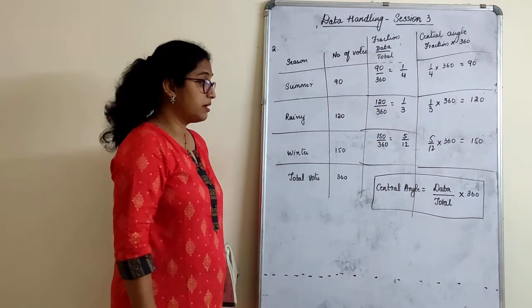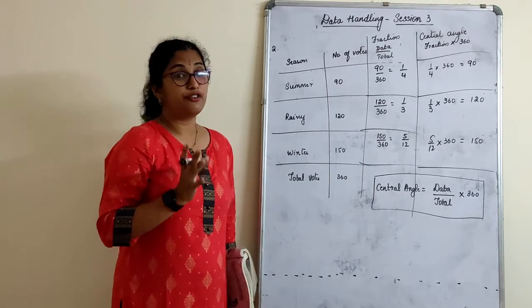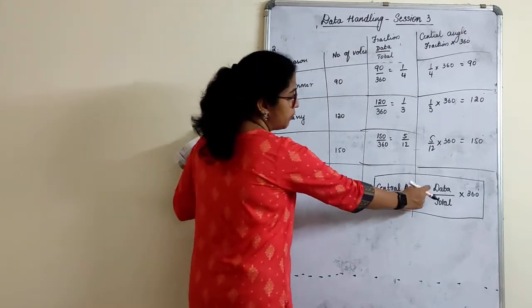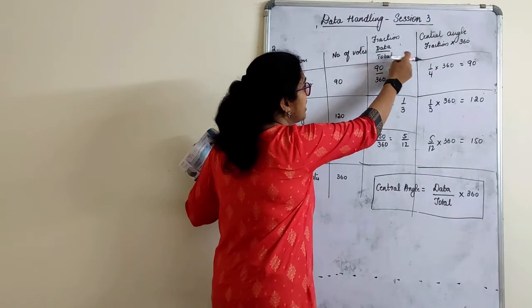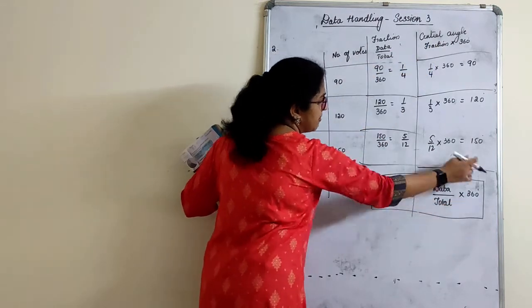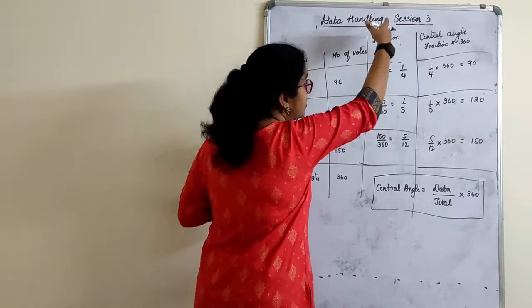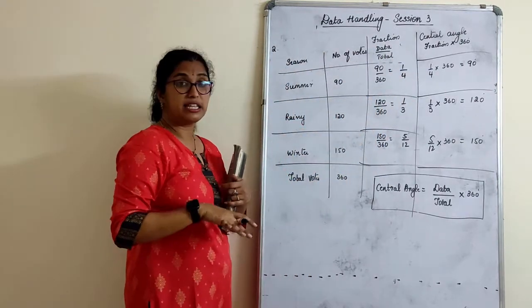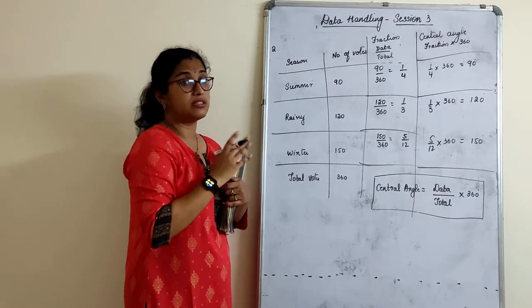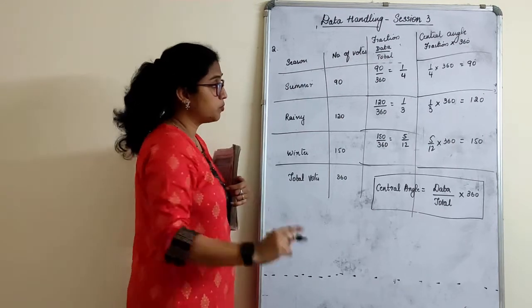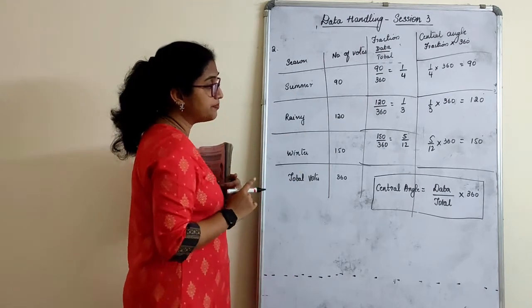That's also correct. But always learn to write in formulas. Give the heading for what you are actually using. It's the same thing. What is data by total? This only. Into 360 I am doing, but I am calculating that at once. But this way is the one given in your textbook, so I have done it to tell you. It's up to you what you want to choose and do. I hope this is very clear, right?